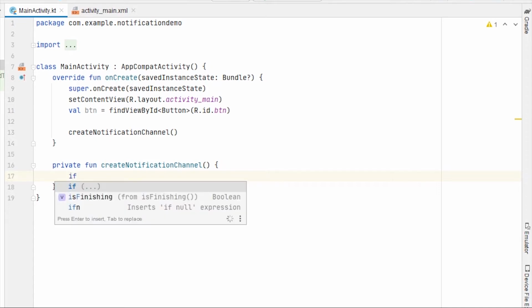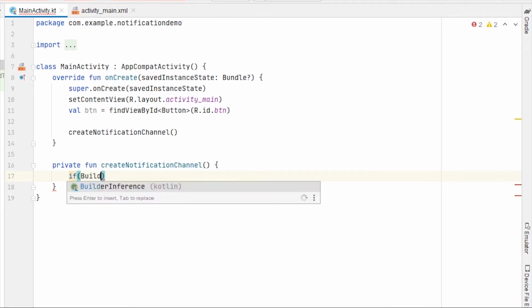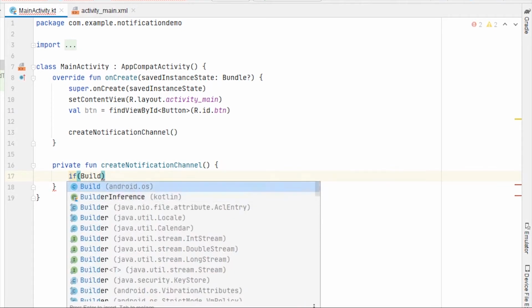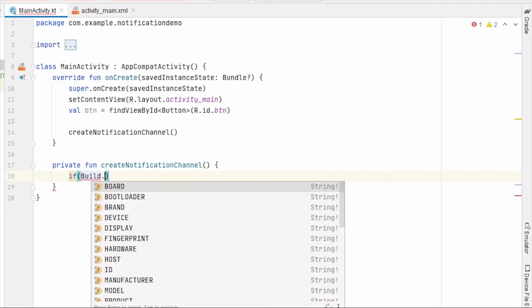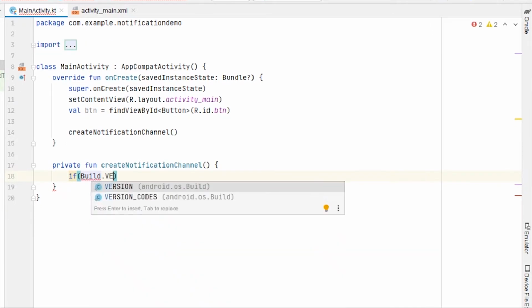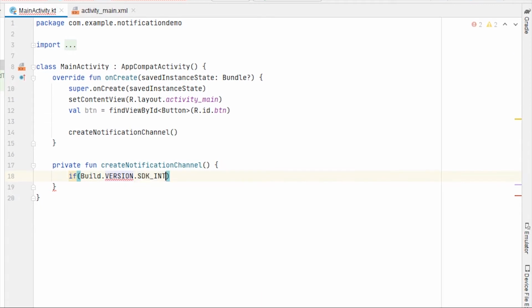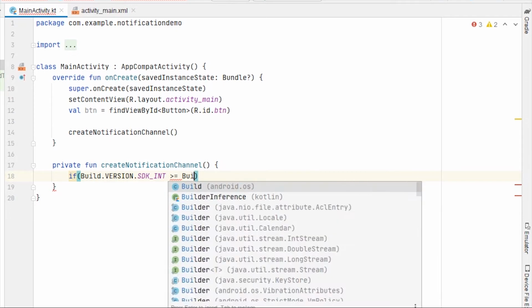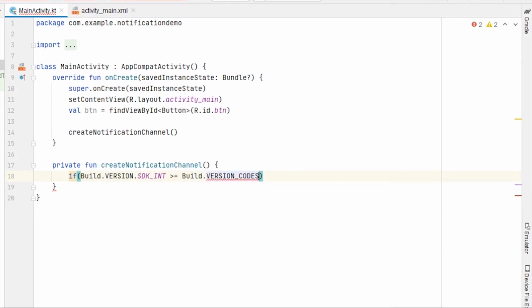To do that, we write an if condition: Build.VERSION.SDK_INT should be greater than or equal to Build.VERSION_CODES.O, which is for Oreo, right? If the system is running on Oreo or later versions, then we'll create a notification channel. So let's create one. val channel equals